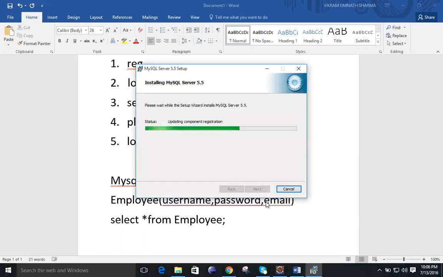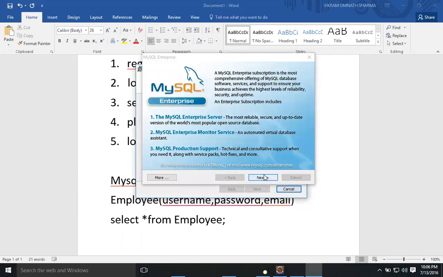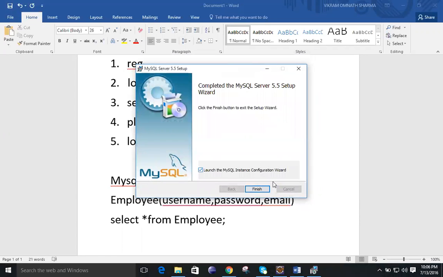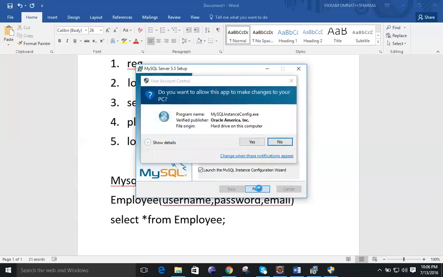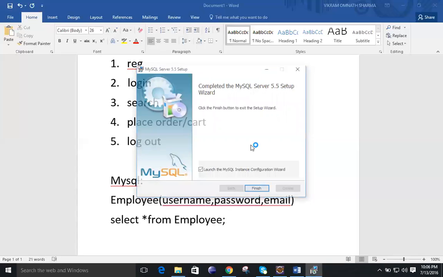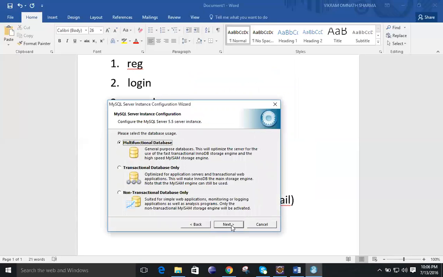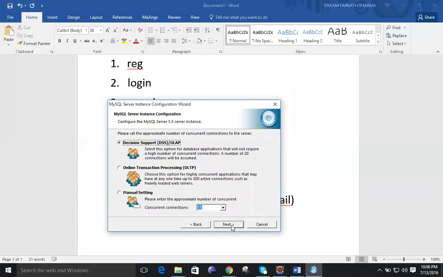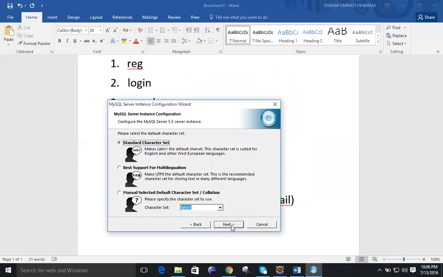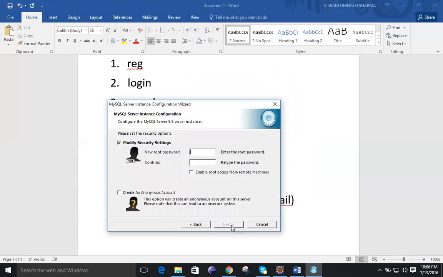So over here, let it be installed, then it will be more clear. Simply for the installation, you can see there is nothing, just next, whatever it is asking.